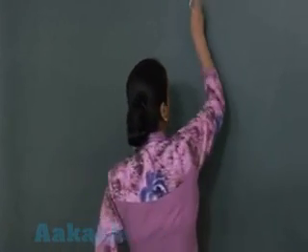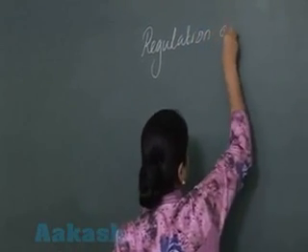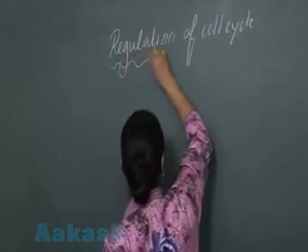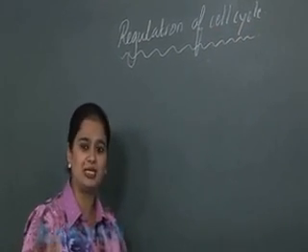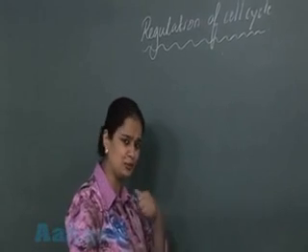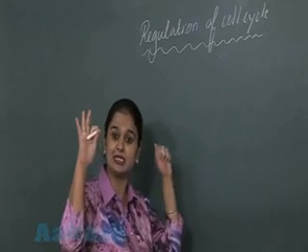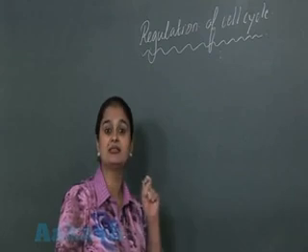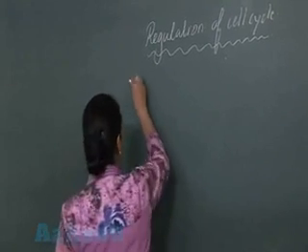So now the control of cell cycle, regulation of cell cycle. Now the transition of one phase from another phase, like from G1 to S, S to G2, all this transition is genetically controlled with the help of the cyclin protein and CDK, that is cyclin dependent kinases. So cell cycle is genetically controlled